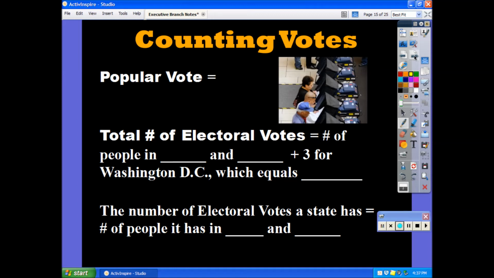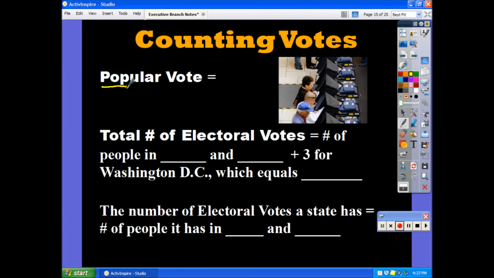So there are a couple of terms we need to learn. First of all, we have the popular vote. Popular comes from the idea of people, like population. So a popular vote is a people vote. It is the vote of all the people that are voting, the total number of people that vote one way versus another. We don't use the popular vote to decide who becomes president. There's a little bit of a nuance here that's important to recognize.